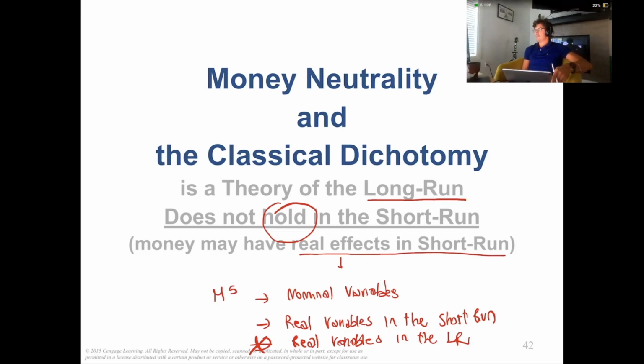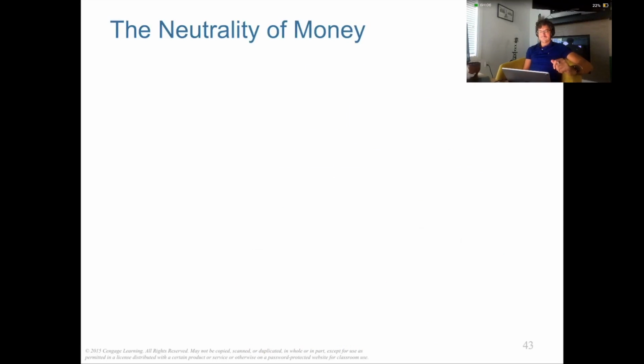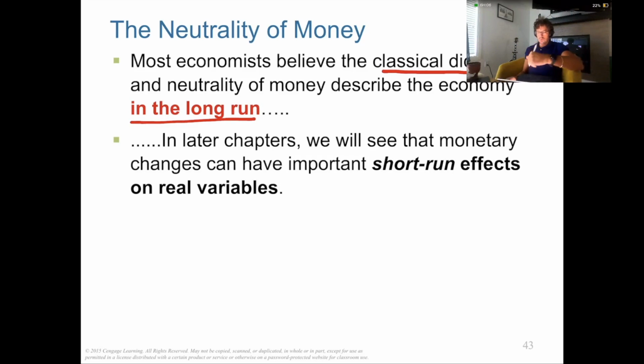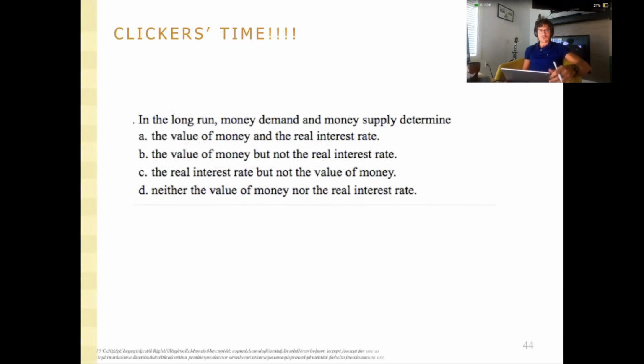That is basically it. So, in general, economists believe that the classical dichotomy describes well the economy in the long run. So let us provide basically a framework about long run and short run. In later chapters, in particular chapter 20, we will see that monetary changes may have effects in the short run on real variables. So to recap and fix ideas, in the long run, money demand,